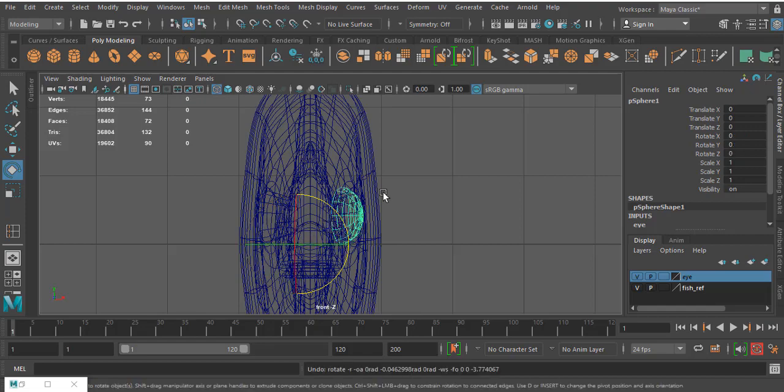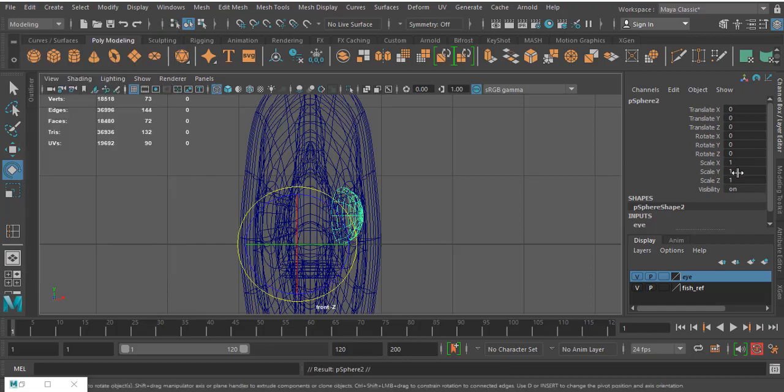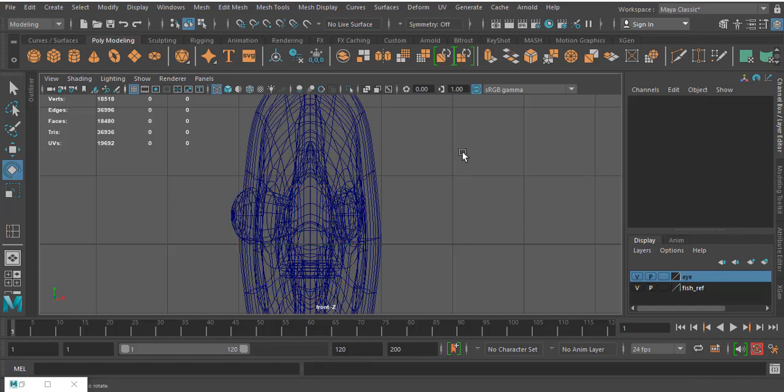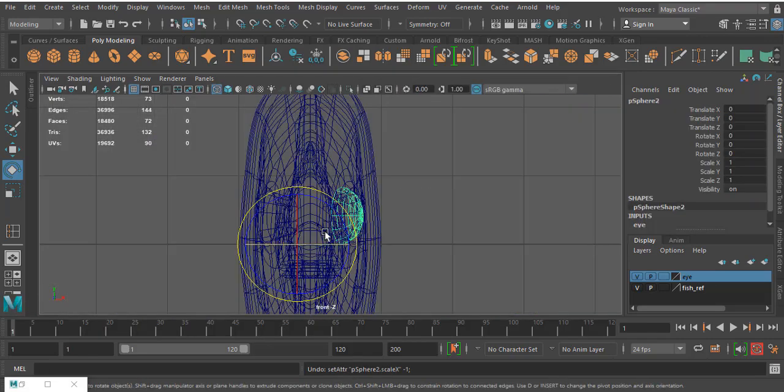So what I'm going to do is press Ctrl D for duplicate, edit, duplicate. Then give a value. What is the value? X axis. I have to place this one in the minus X axis value, scale minus X. Oh my god, why is this coming like this? Not in the center.